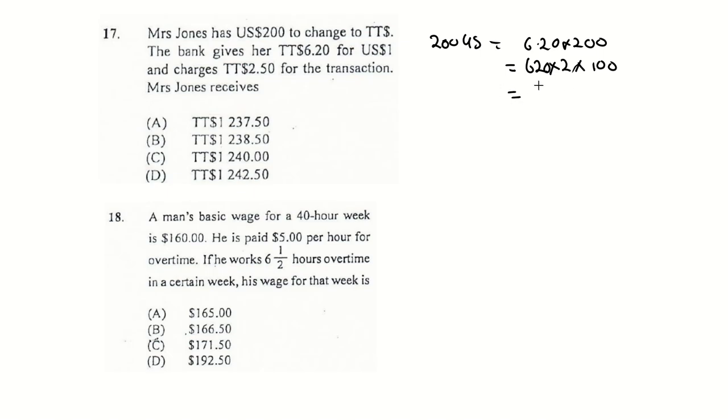So that's 6 twos, 2 twos are 4, 6 twos are 12. You add your 3 zeros, then you carry back 2, so it is 1,240. Alright, and then you have to subtract that $2.50. Alright, so we are looking at